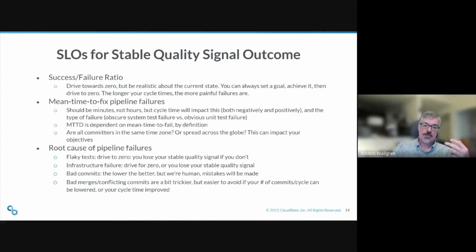And then the main reason why I pulled the root cause indicator in here is really for the first two, right? Because they are so important to the outcome of having a stable quality signal here. And that's flaky tests and flaky infrastructure, right? These you really want to drive to zero. And if you suffer from flaky tests or flaky infrastructure, you really probably ought to go down the road that I described before around run 10 or 50 or 100, however many it takes, of your pipelines with no changes, just over and over and over,